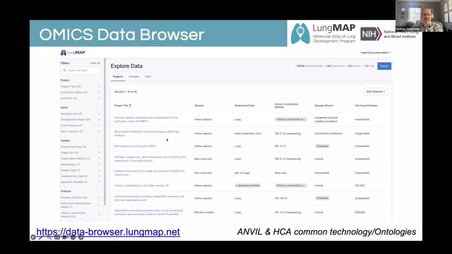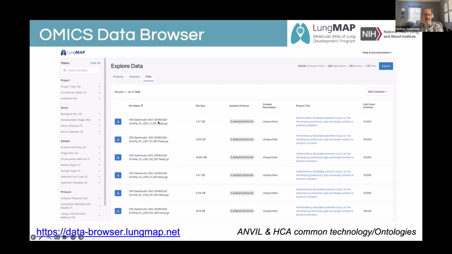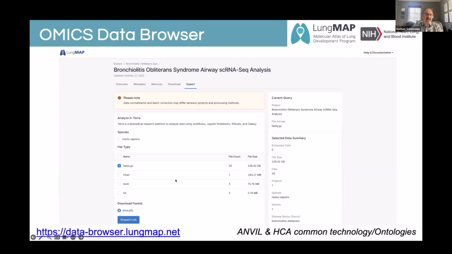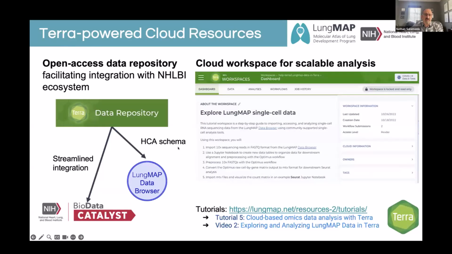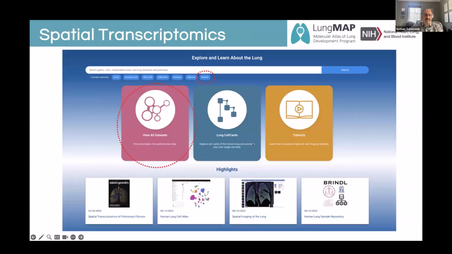You can filter for those in all these studies, and you can actually export that aggregate collection of data sets, the raw data, directly to a Terra instance, for example, or download the files individually if they're not controlled access. If they're controlled access, you need to have dbGaP authorized access to LungMAP, which is a very simple process for requesting access. Your data will then populate in this cloud repository in Terra, and you can do integrative analyses of that with even your own data sets online in a very cheap space.